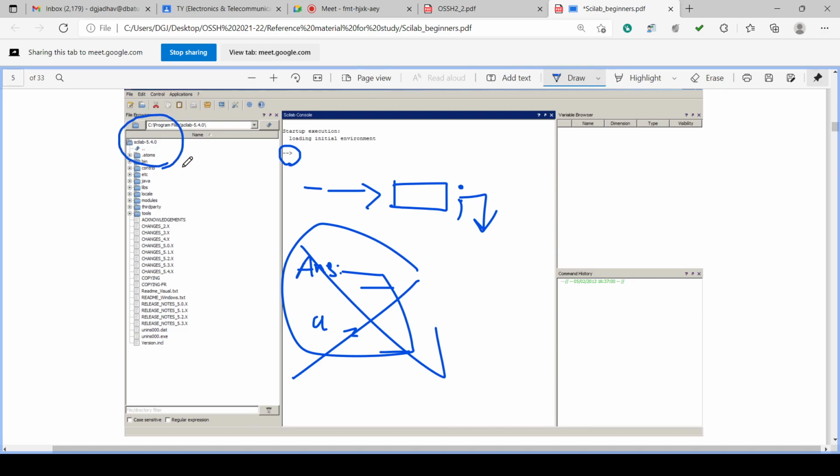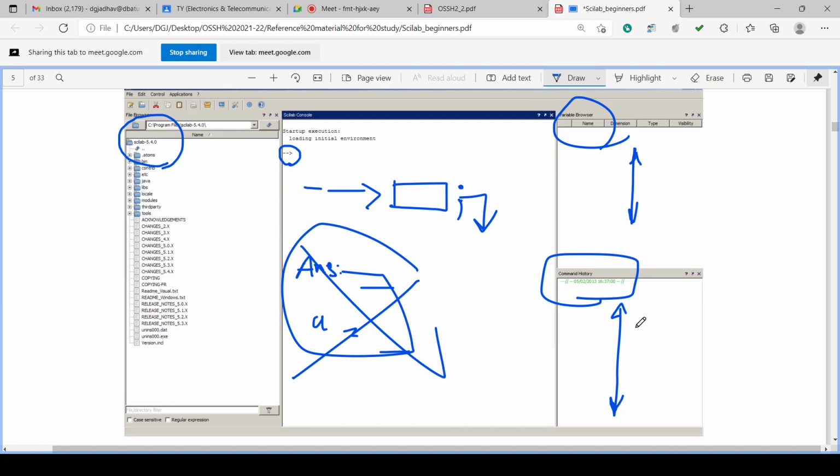Then this is the file folder. This is the variable browser. Here we can get the different variables presently available in the workspace, or the previous variables which were defined and used previously. This is the command history. It will show all the commands we have executed on the console, and it will show the history when it is executed.